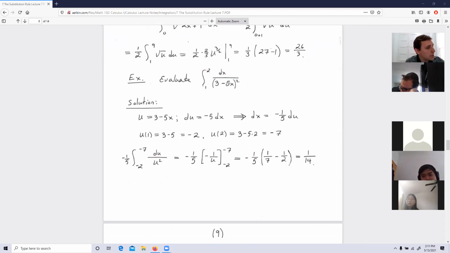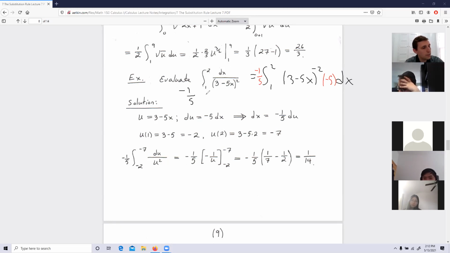So I look at this expression. It's 3 minus 5x squared, right? So this is the integral from 1 to 2 of (3 minus 5x) to the power of minus 2 dx. Now, I am not happy with this expression. I want here to be what number? What number do you want? Quickly. Minus 5. And then here I have minus 1 over 5. And so the answer is